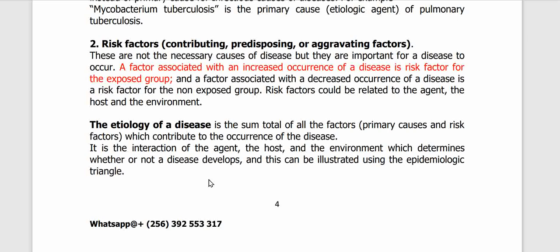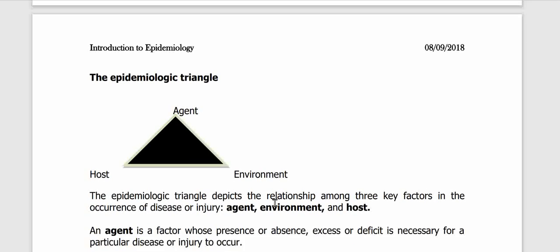So we have the triangle right down here. They can help us understand this. Now we have the host, I mean the agent, sorry, we have the agent. Now, when we're talking about the agent, we are referring to something that will help in the spreading